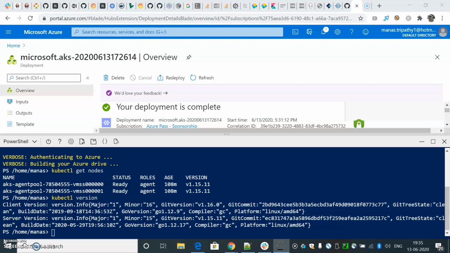But again, it depends on your workloads and how fast AKS can do the upgrade. And if it goes beyond 10 minutes into your number of nodes, then AKS will throw you a timeout error. So let's go ahead and see how to do the upgrade.